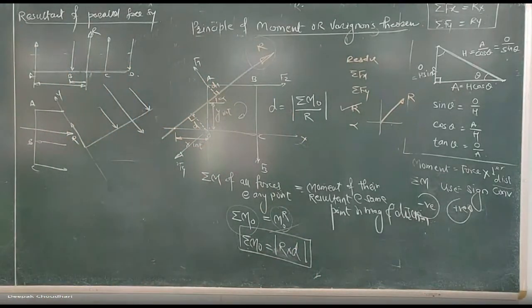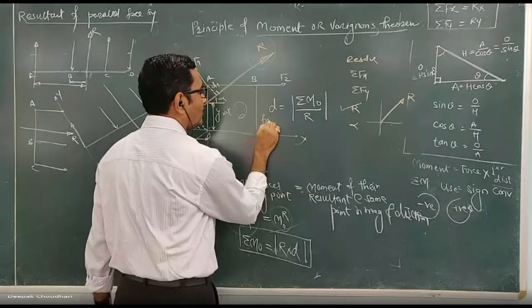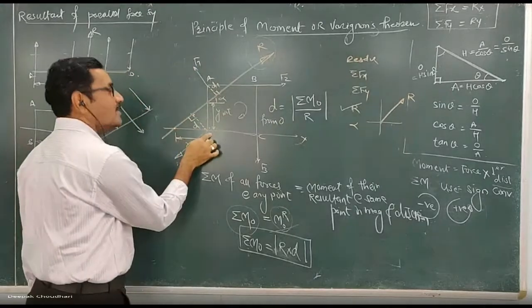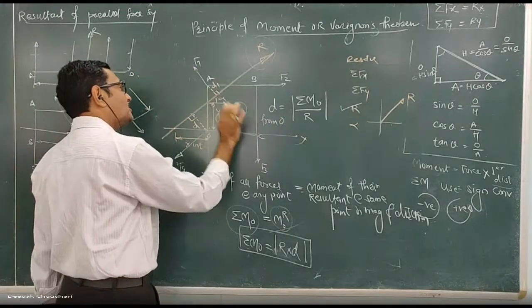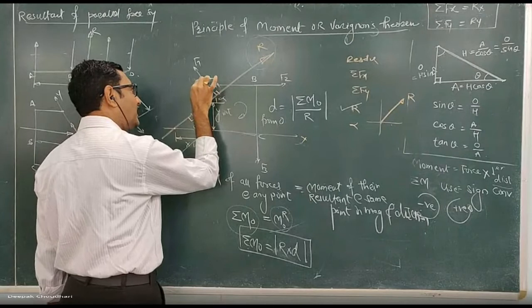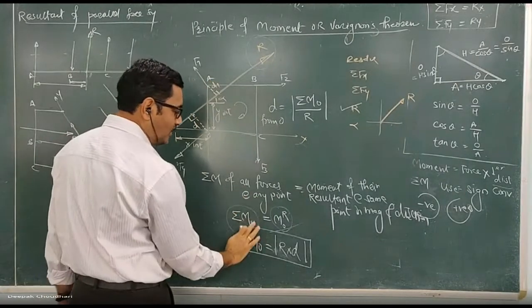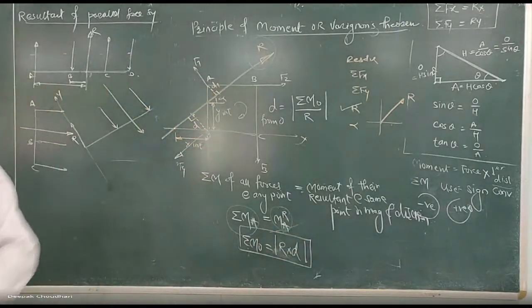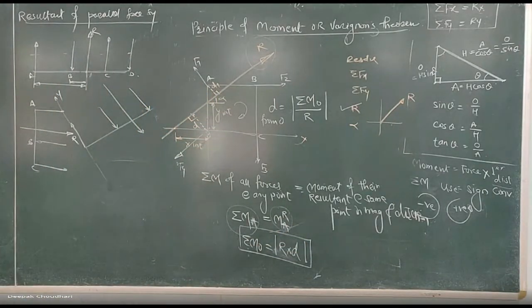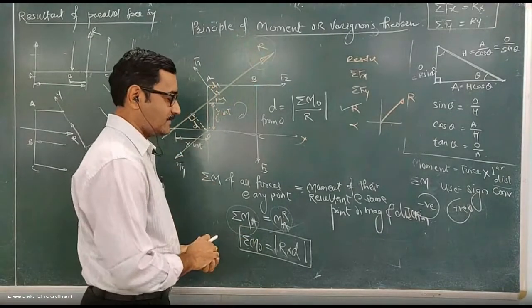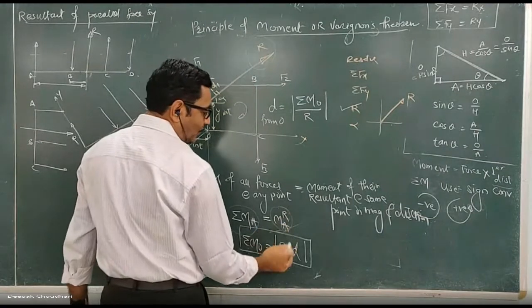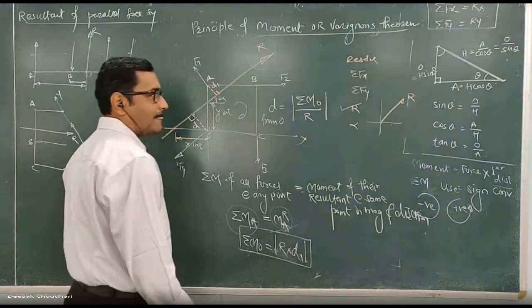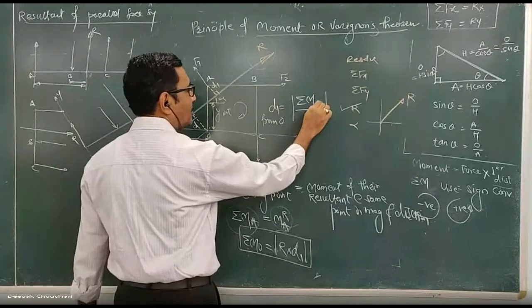Clear? Any difficulty? Now listen, this is the perpendicular distance of the resultant from O. If it is asked in the question to find the perpendicular distance of the resultant from A, then you have to take the moment about point A, not about O. You are supposed to take the moment about the point from which you have to calculate the distance of the resultant. Clear? So the moment of the resultant about point A becomes R into D1. So D1 becomes summation of moment about point A upon R.